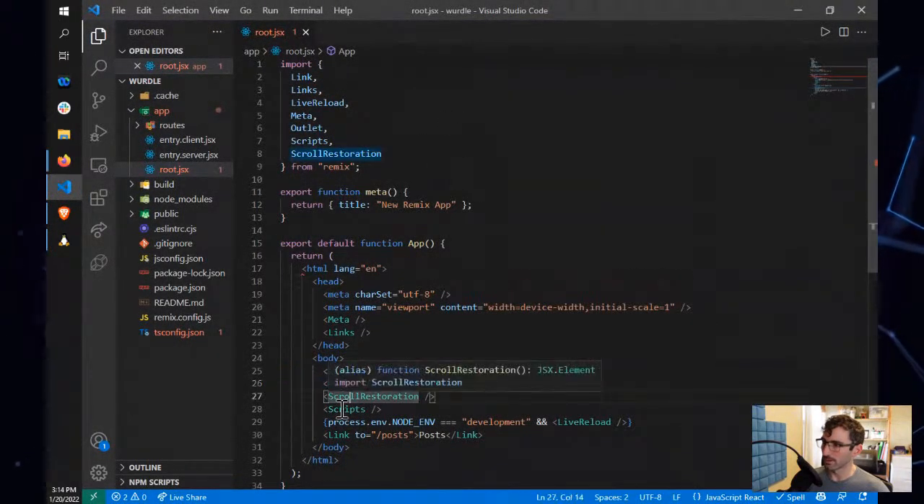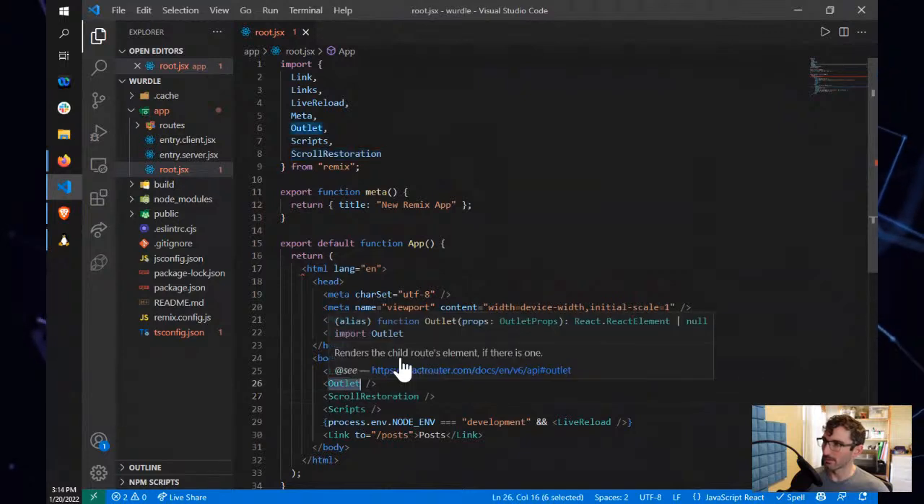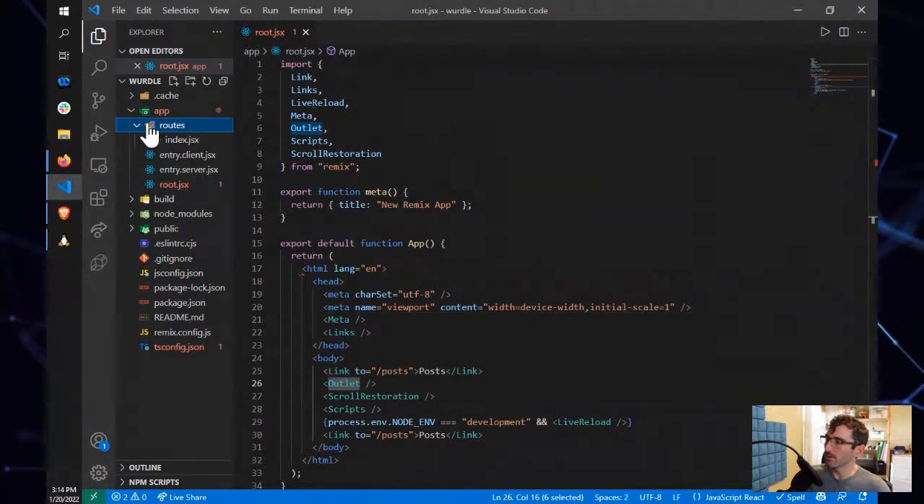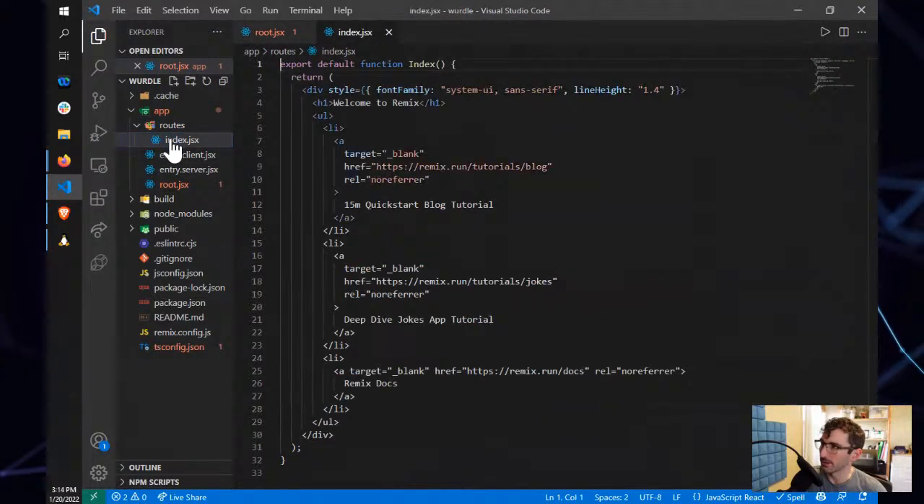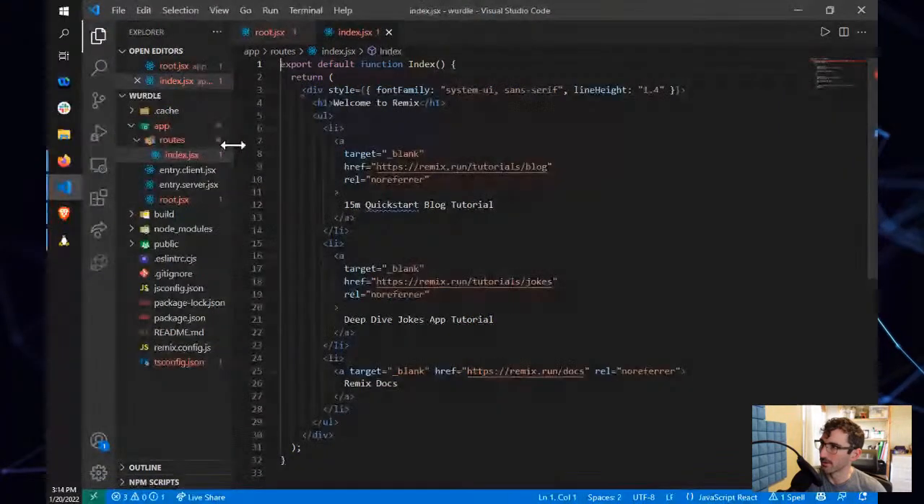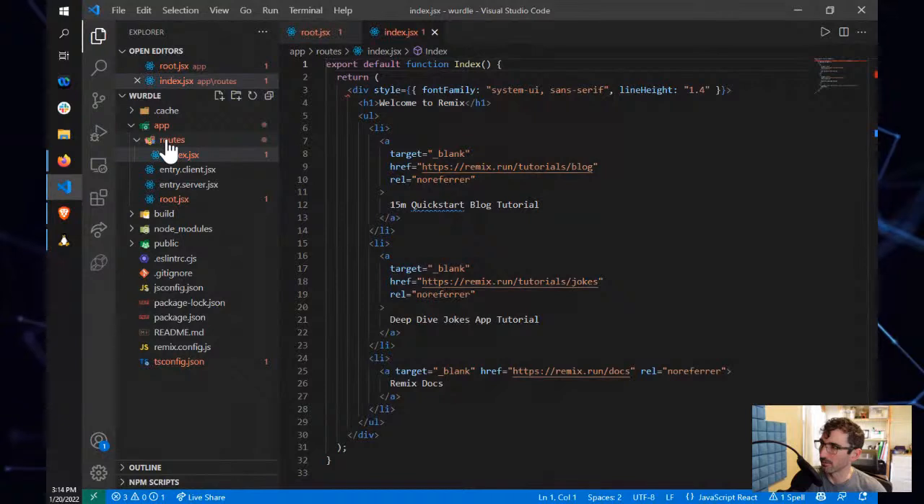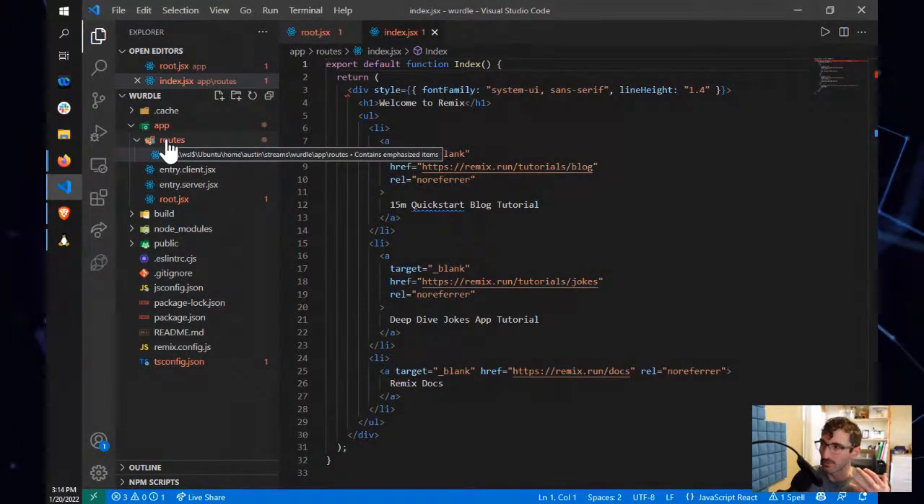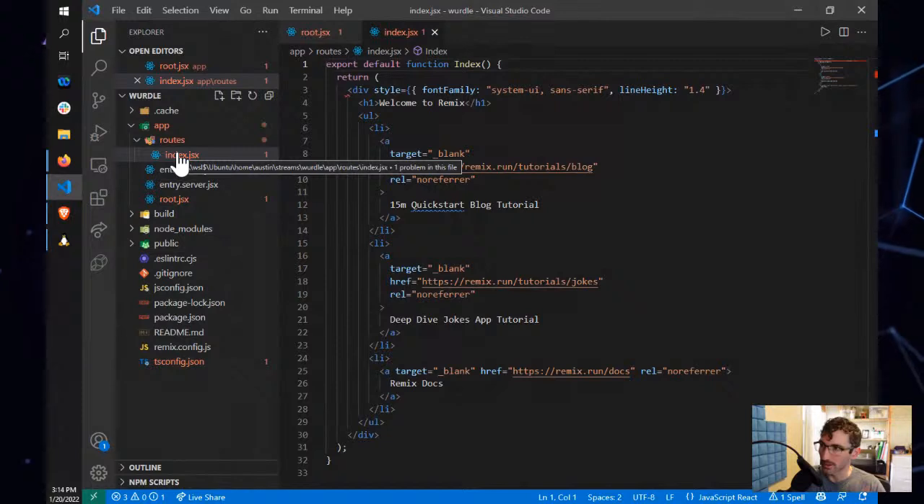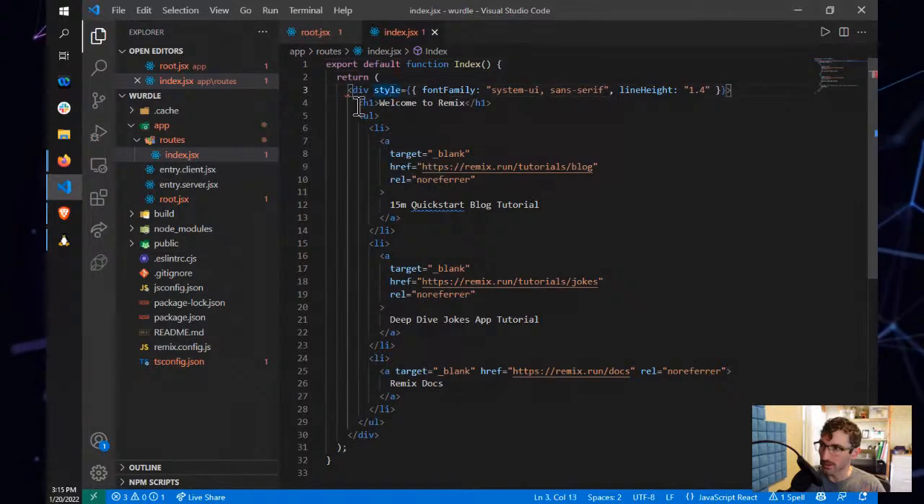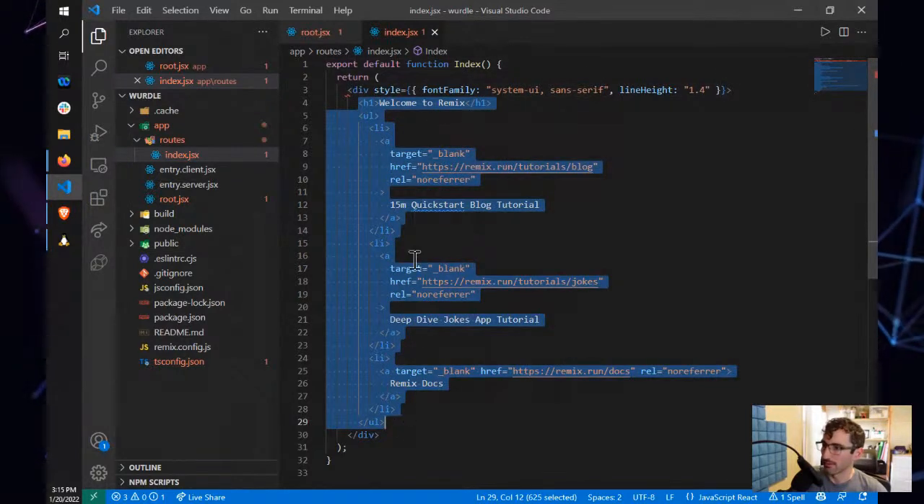Outlet, scroll restoration, and scripts. Oh, so those are going to be based on, okay, so I think outlet is probably coming from the routes. Because technically the routing is based on folder-based routing, and this is the index route, this would represent like the home page. And sure enough, here is our code that we see